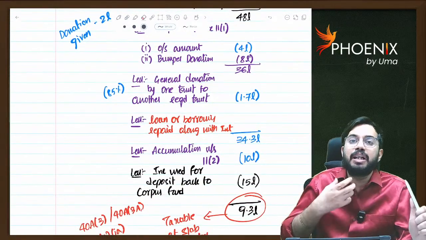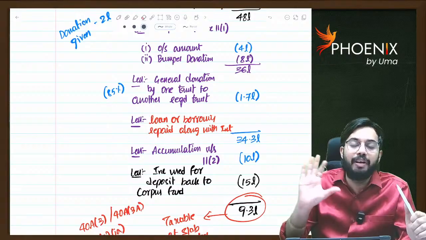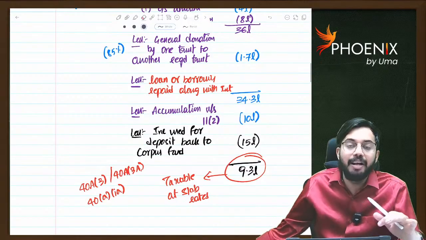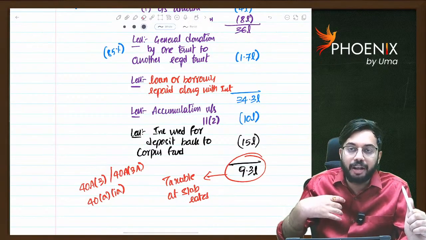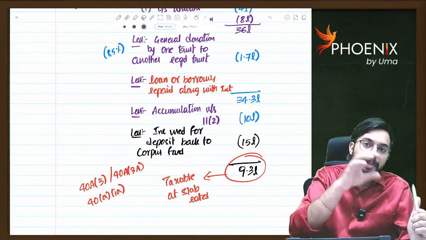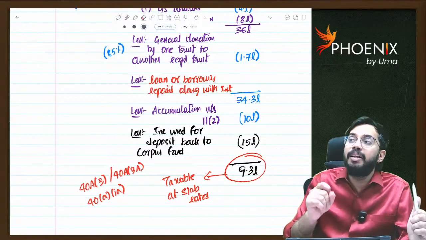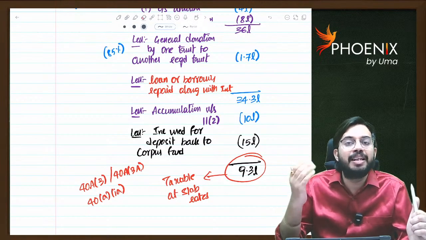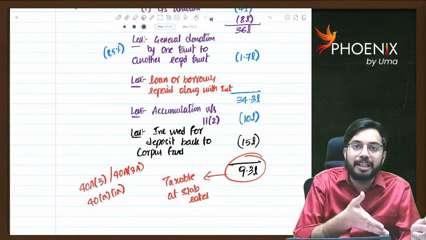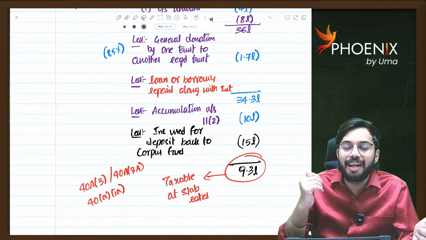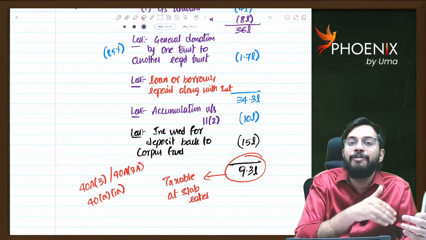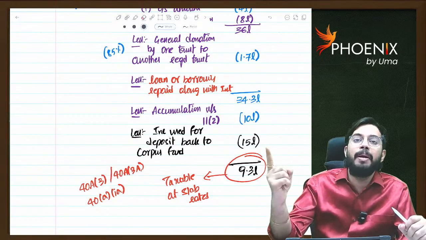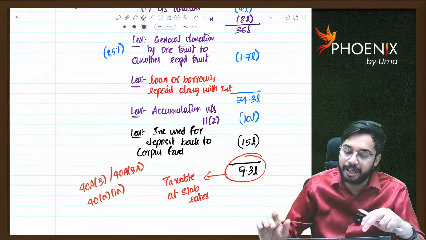If one trust gives donation to another trust, total donation given, general donation given is not allowed, only 85% of donation given will be treated as applied. So if you take any loan or borrowing, the year in which you use that money, in that year it is not treated as applied, but the year in which you repay the loan, then only it will be treated as applied. Otherwise it is a loophole. You will take a loan, you will claim expenditure, you will never repay the loan. Okay, so it's like, for the purpose of claiming expenditure you are intentionally taking a loan. That's why it was counted. The year in which you repay the loan along with interest, in that year it will be treated as applied.